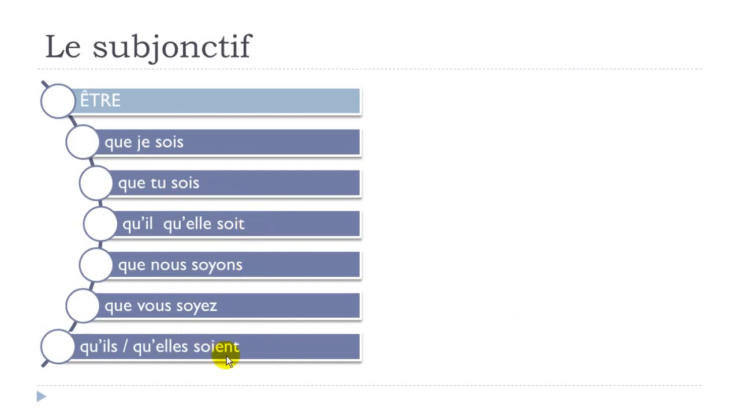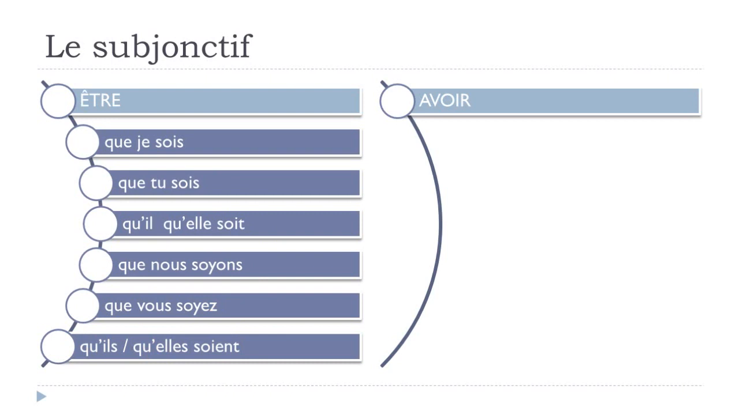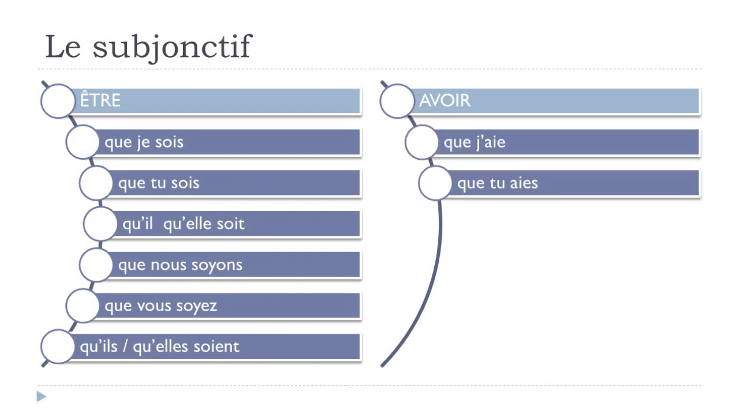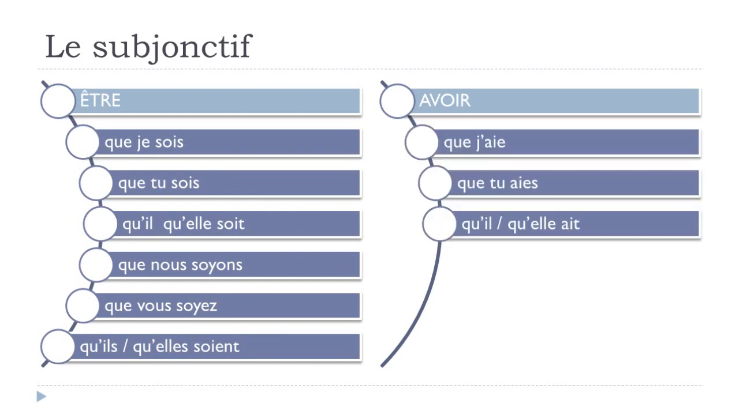and then soit here. You write them differently, but then you pronounce them the same way. Okay, and then soyons here for nous, soyez for vous. So I repeat, que je sois, que tu sois, qu'il soit, qu'elle soit, que nous soyons, que vous soyez, qu'il soit, qu'elle soit. And last but not least, avoir, to have, que j'ai, que tu es, qu'il est, qu'elle est,